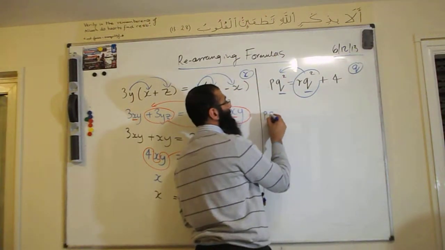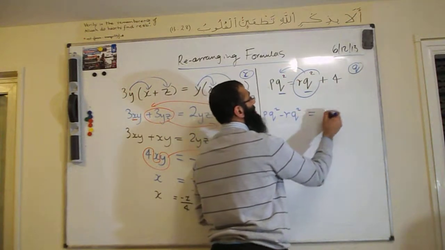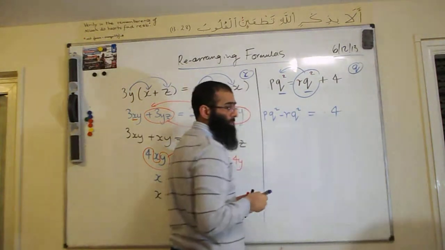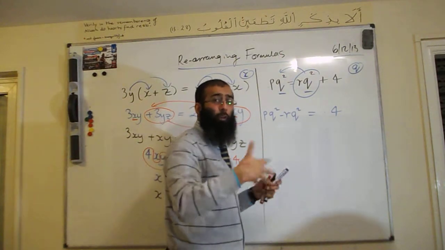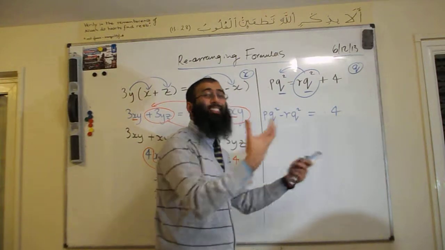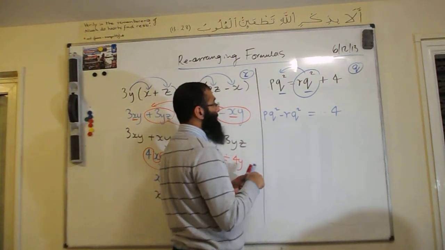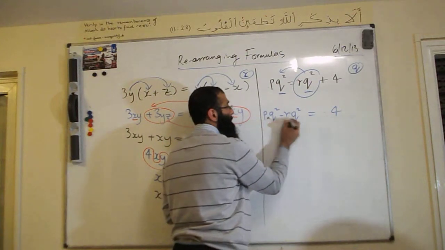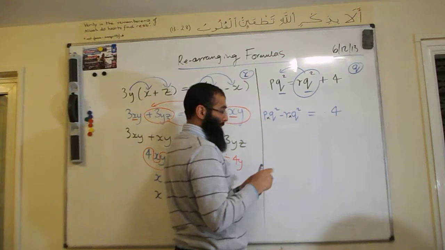So we have now pq squared minus rq squared is equal to 4. Now the q squareds are on one side, and from the q squareds we're going to release the q. First of all, let's factorize the q squareds. There's a multiplier here, so if we grab the q squareds,